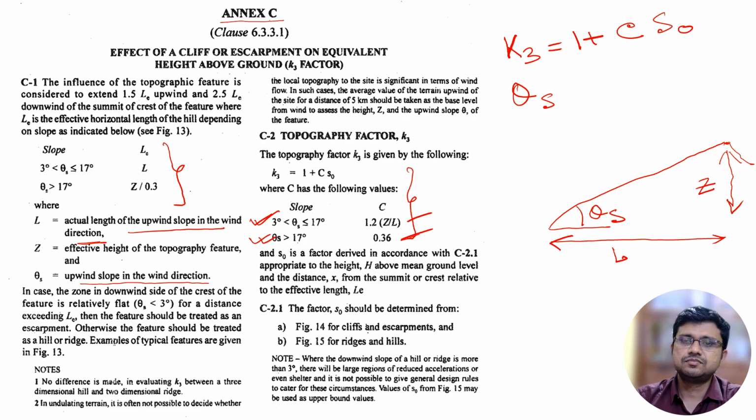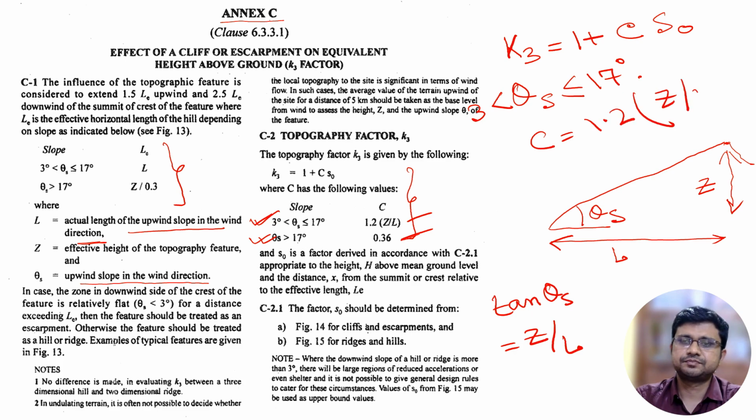So actually we can say tan theta s equals to Z by L. So if theta s is in between 3 to 17 degree, at that time C will be equals to 1.2 into Z by L. And if theta s is greater than 17 degree, at that time C will be equals to